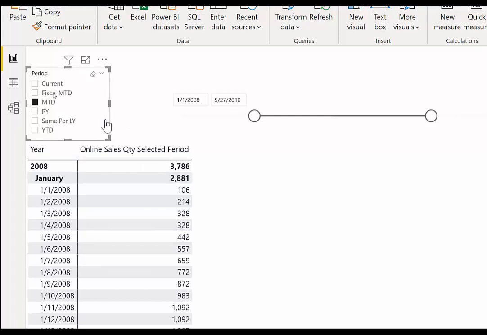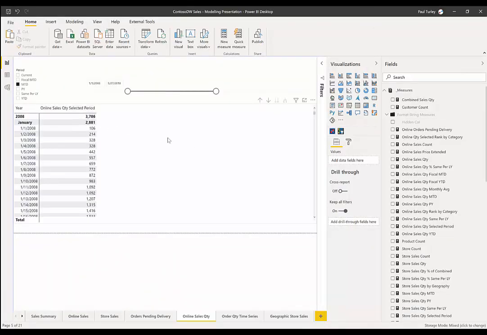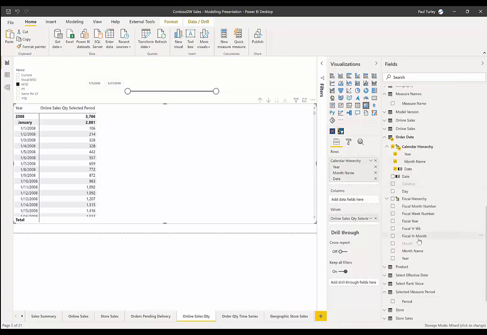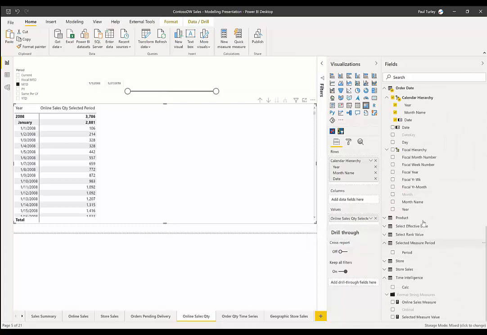Okay, so this is great. Now my user can select any measure that they want, and they perceive that I just have this super measure that does whatever I tell it to do. Well, that's awesome. But what if I want to see these values side by side? Well, option one is that I could just drag the appropriate measure into different columns within a table or a matrix visual, or because I'm using a matrix that allows me to group on columns, I can drag and drop my selected measure period into the columns group of the matrix.